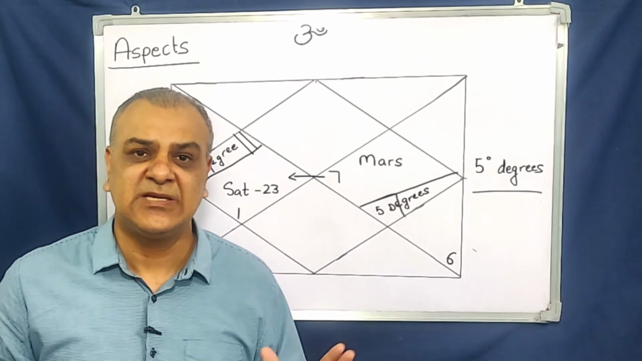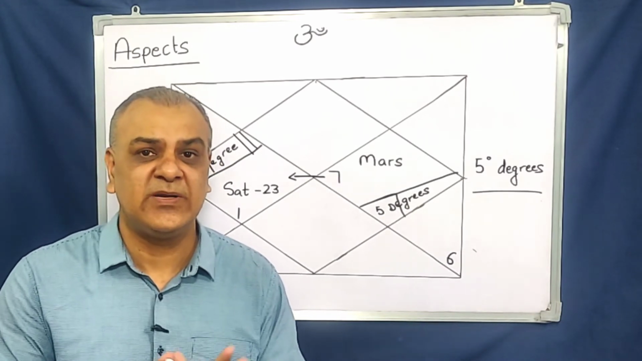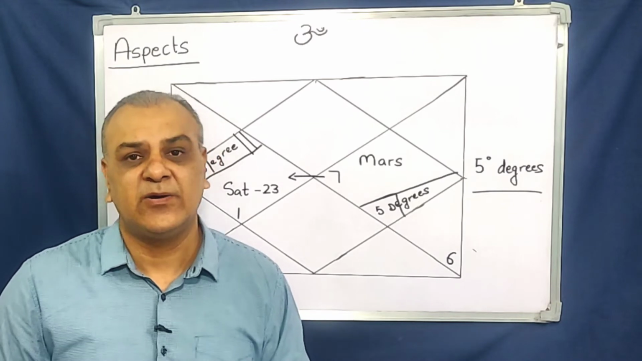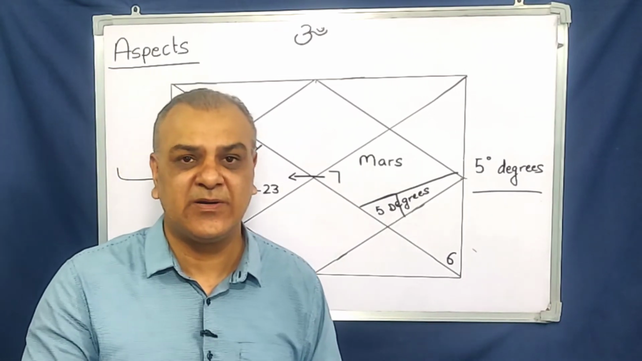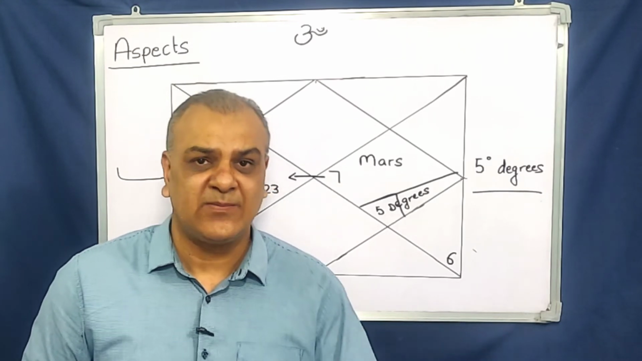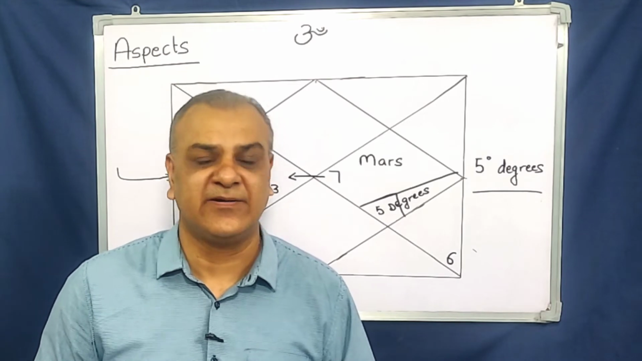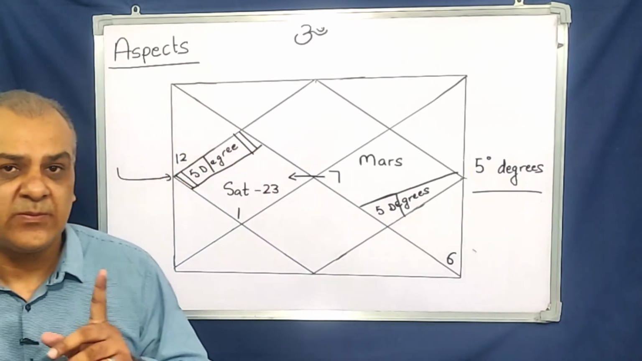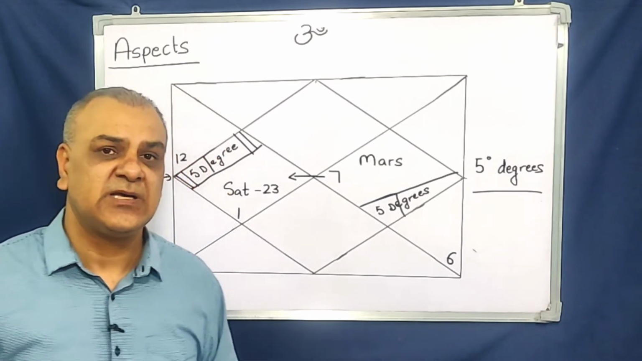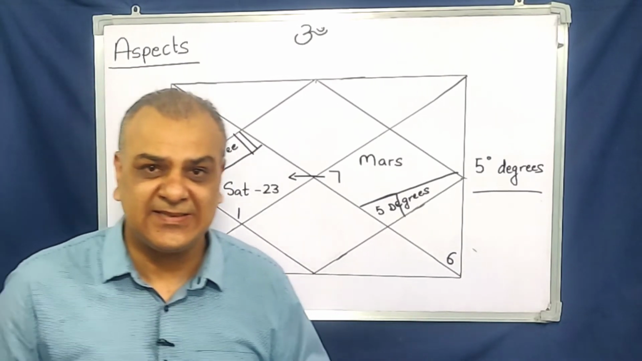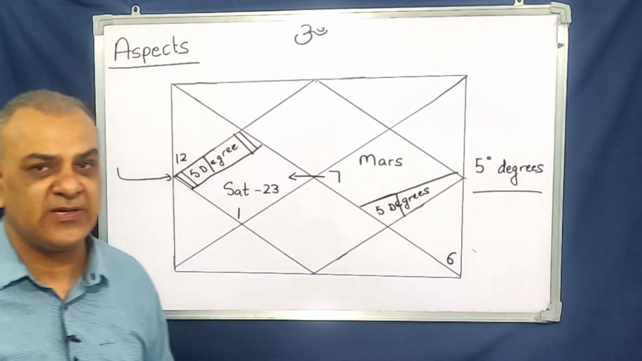So this means they are aspecting each other, but there would be no such impact on both of them. Even Saturn aspects Mars, but there will be no impact on Mars, and Mars aspects Saturn, there will be no impact on Saturn. So this is rule number 1 which you must remember. If planets are very close in degrees, then only the impact will come, then you can make predictions. This I will explain to you in the